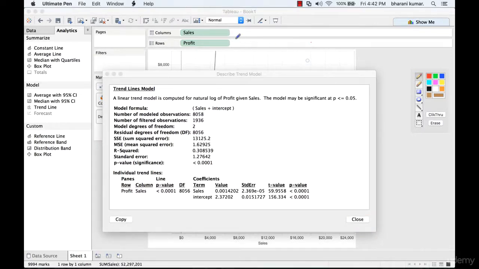All right. So this is the equation that we normally write, which is y is equal to beta naught plus beta 1 x, right? So we are trying to predict profit here. Instead of profit, we need to take log of profit. So log of profit is equal to, we have the beta naught value, which is the intercept value. Should I use this in the prediction equation? Oh yes, absolutely, because the p-value is less than 0.05. So we have 2.37 plus